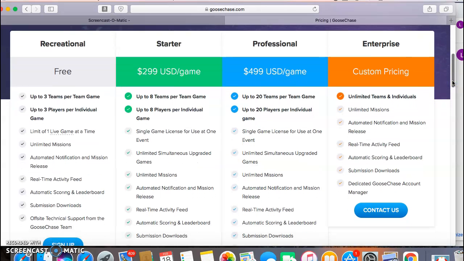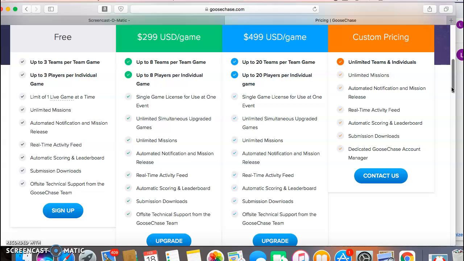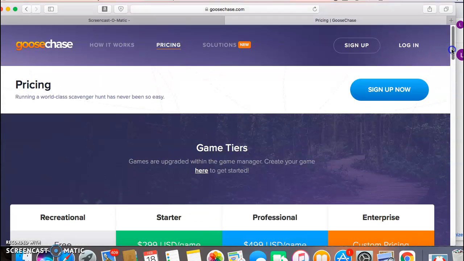The starter is 8 teams per game or 8 players per individual game, and it's $299, and it just goes up from there. And so I don't think that I could use this, but as I was exploring this, what I would really like to do is to use this for my summer reading project. My students are always given a novel that they have to read over the summer, and they have activities that they have to complete. This would be so great if, say, we did Tom Sawyer, and my students had to